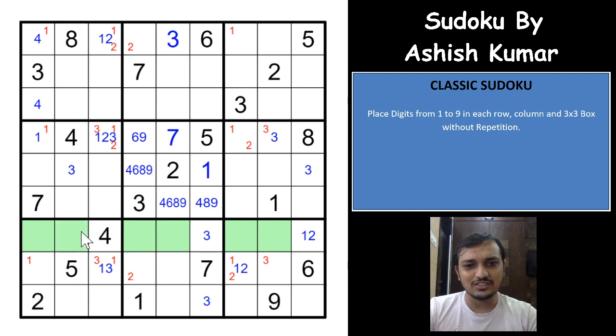So exactly there are 3 cells remaining for the 1, 2 and 3, and all these 3 cells becomes the triplet here. Right? So as you can see here, you cannot have a 3 here because that becomes a 1, 2 pair here. You cannot have a 1 here because it becomes 2 and 3, and you cannot have a 2 here because 2 is already given. And now there is no other place for 1, 2 and 3 in this row. So we have a triplet of 1, 2 and 3 now.